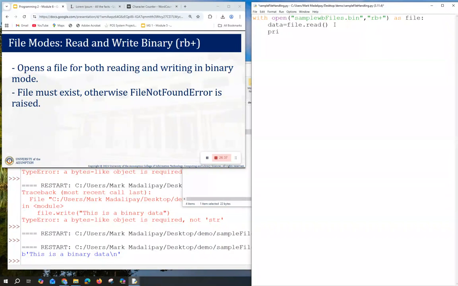Then print existing binary data. Then we'll call our data. Then we'll have to write.